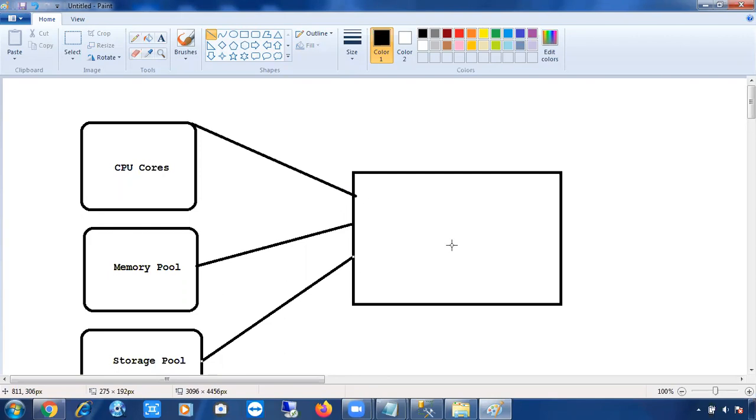So why should we have virtual machines? What is the problem with physical machines? The main problem is that a physical machine occupies some space. It exists physically. Ten or fifteen years back, servers meant big racks and big buildings.